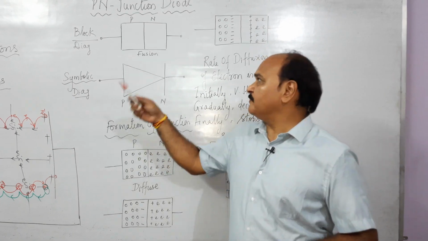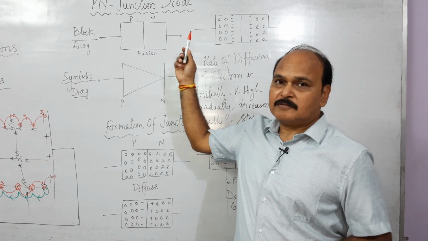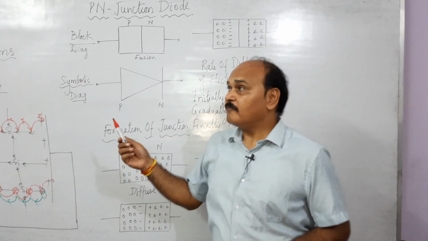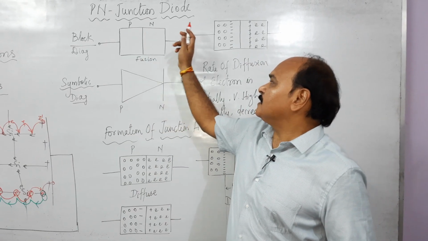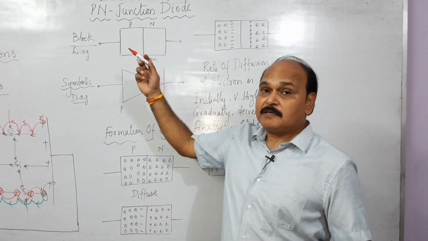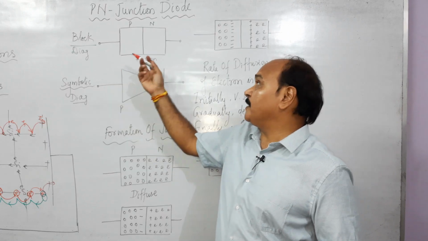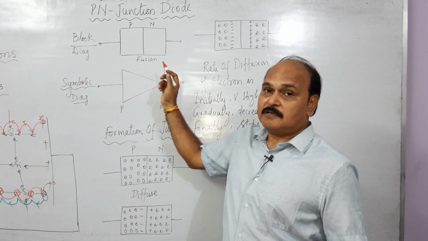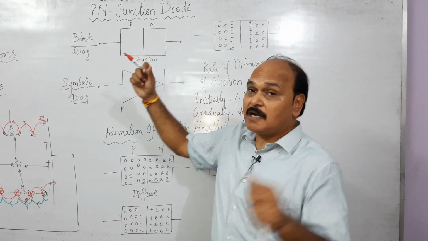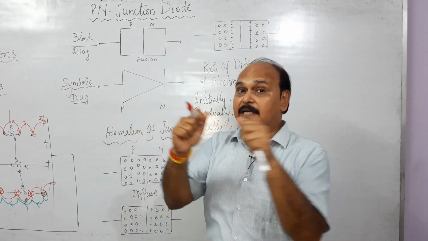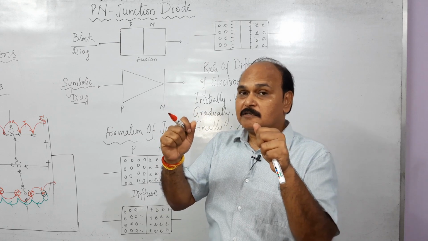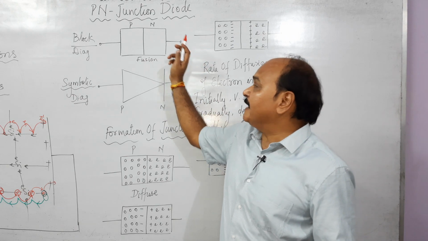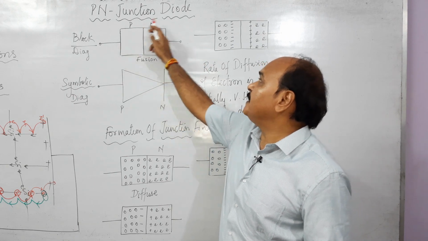So children, let's begin with PN junction diode, the agenda which was told to you right in the beginning of the session. Well, PN junction diode is formed when 2 different extrinsic semiconductors, P and N, are fused to each other. When 2 different materials, P and N, are fused, means welded to each other, and electrical connections are obtained from both the sides, we get a 2-terminal device which is called PN junction diode.